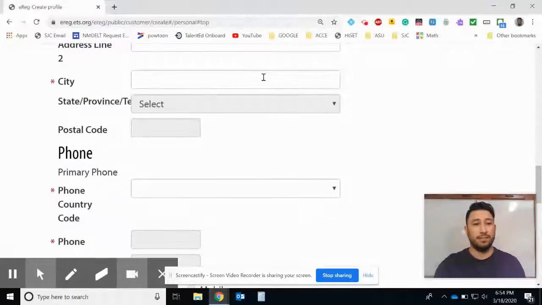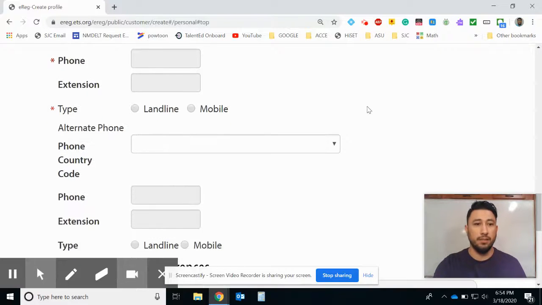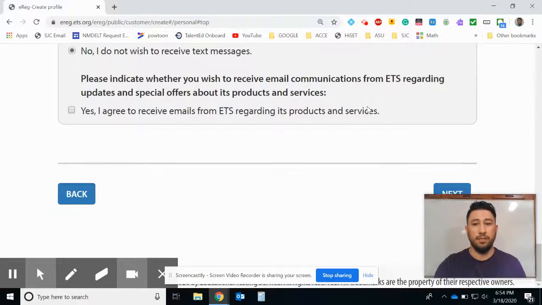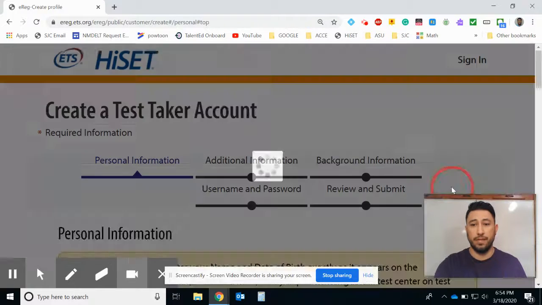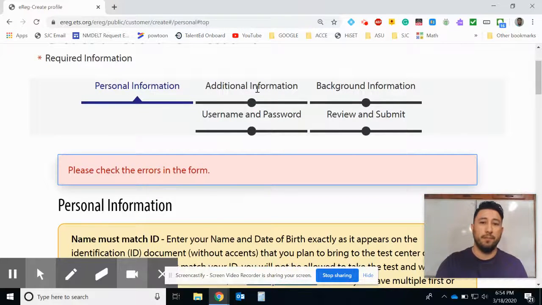Do your address, state, phone number. Do a phone number too. Make sure it works here, and then communication preferences, right? All this stuff. Good. And so fill that out to the best of your knowledge. Oh, it's not going to let me go forward. So, anyways, they'll ask you a couple of other things like demographics and stuff like that, and additional information,